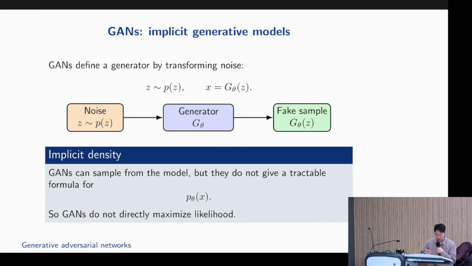So the idea is we're going to sample Z from easy to sample distributions like uniform or IID standard normal distribution, pass it through the generator, and it's going to create some fake samples. When I say fake versus real, fake means whatever the network generated. Real means the data sampled directly from the data distribution. So here, we're not going to bother coming up with a tractable formula for p(x). We're not going to directly or indirectly try to maximize the likelihood.